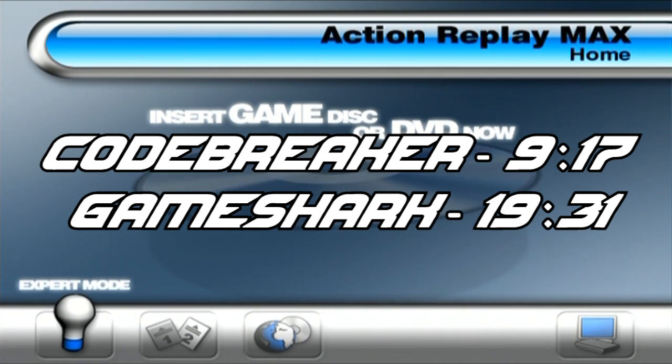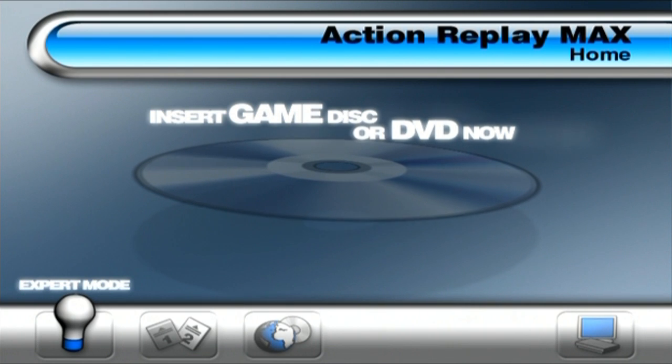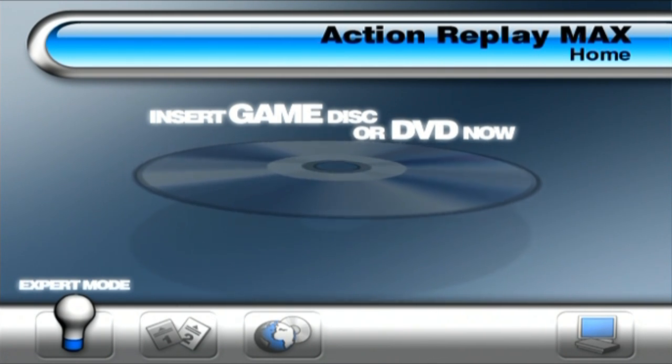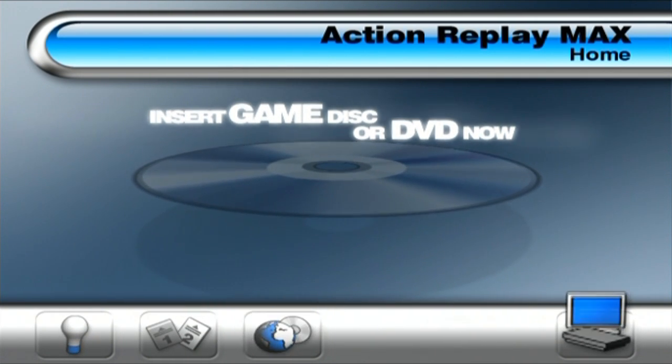But if you're here for Action Replay Max, don't worry, because of course this is what I'm starting with first. So, Action Replay Max. There's various versions of this released. I have a later version that's released here as available disc,